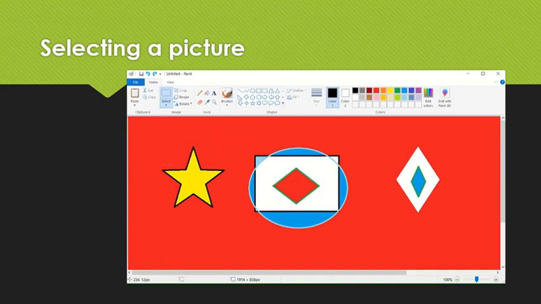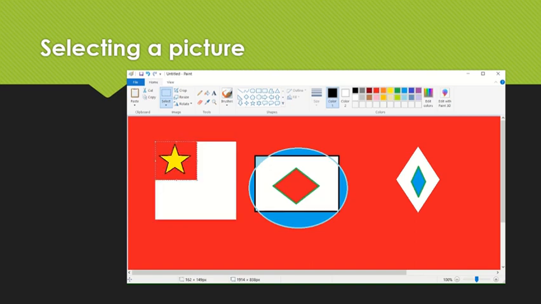When you click on rectangular selection, a rectangular part of the picture is selected. Half of the picture also you can select. When you click on freeform selection, an irregular part of the picture will be selected.